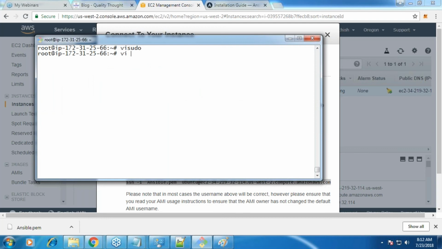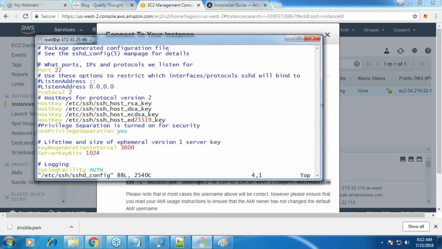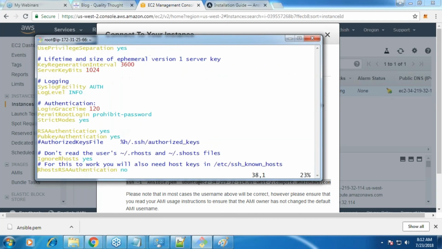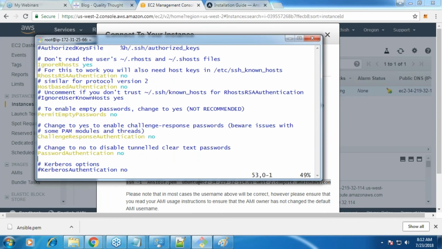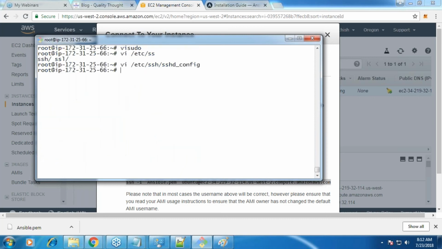And then last thing is change the sshd config. So vi /etc/ssh/sshd_config, and in this I have to change one no to yes. PasswordAuthentication is put as no, and let me put this as yes, and then save the file.